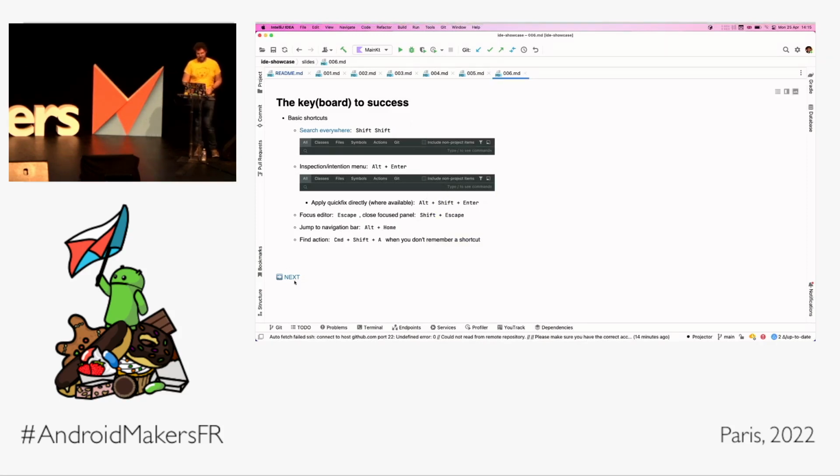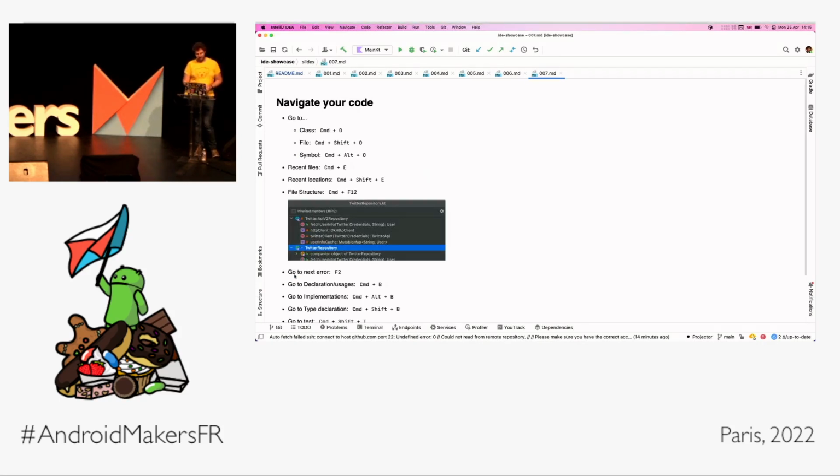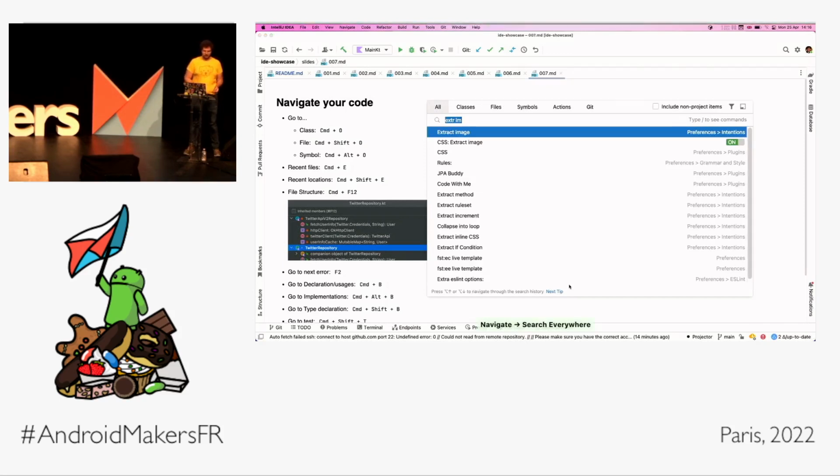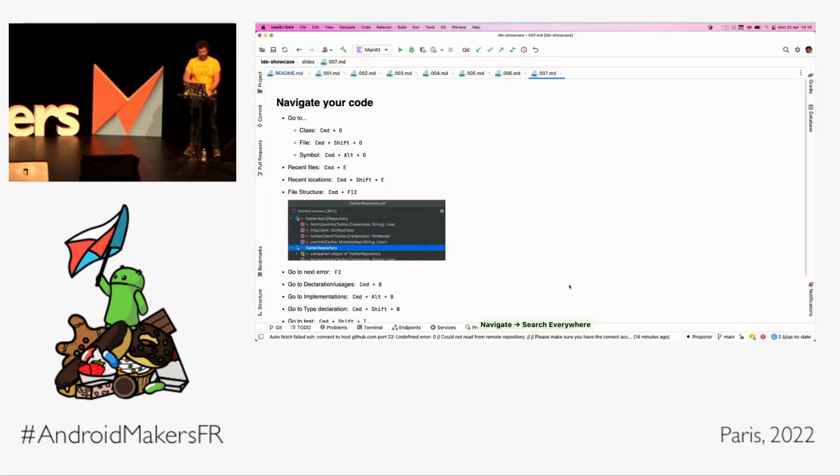Okay, so these are the very basic navigation shortcuts, but navigation is very powerful in the IDE because you can, again, bring up Search Everywhere with a double Shift. But you can also go directly to and filter, narrowing your results to be more useful, to go to classes. So Command O on macOS will pre-select the classes tab. Even when it's open, you can add a Shift to the mix, and that gets to files instead,